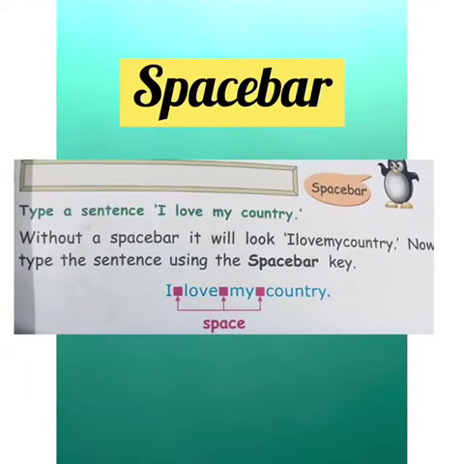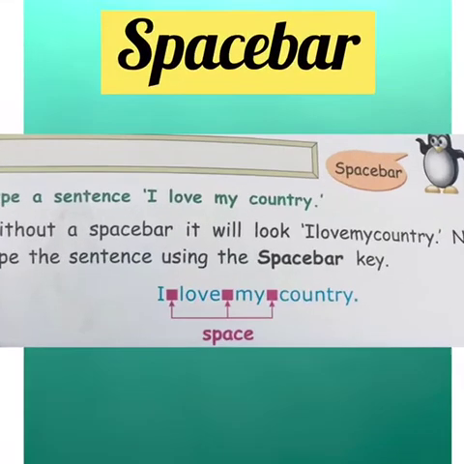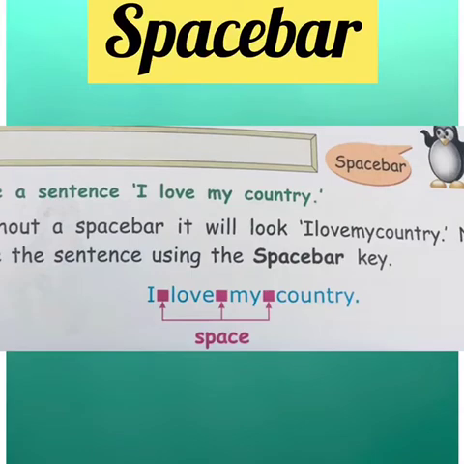Now, type the sentence using the space bar key. I space love space my space country. So you have to press space bar key after every word.